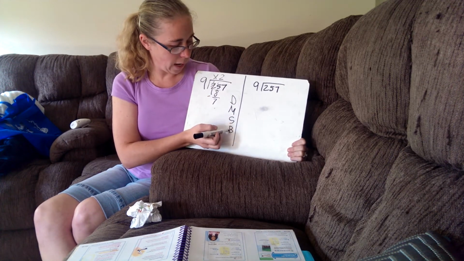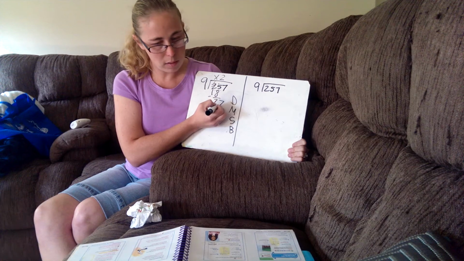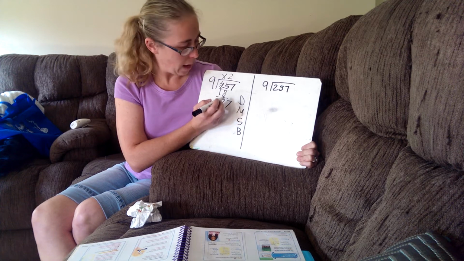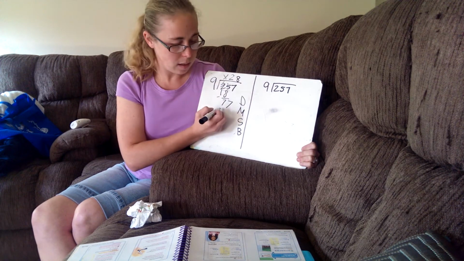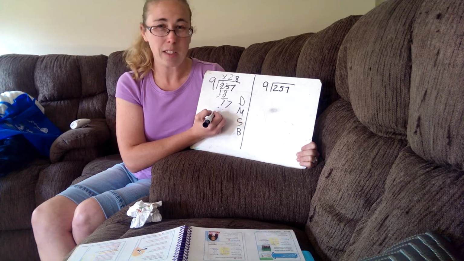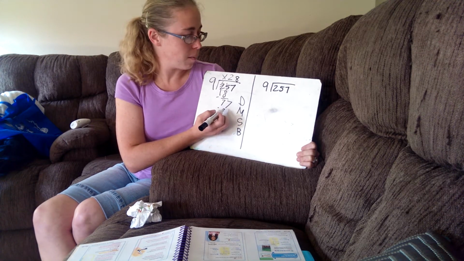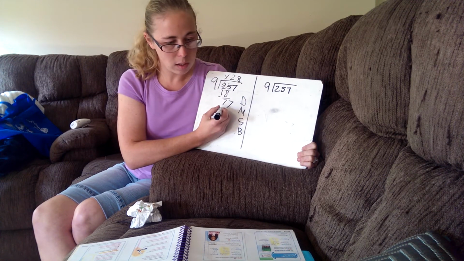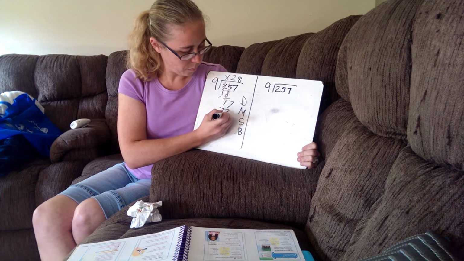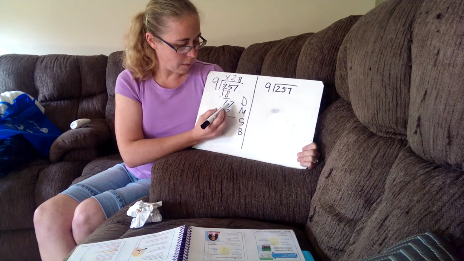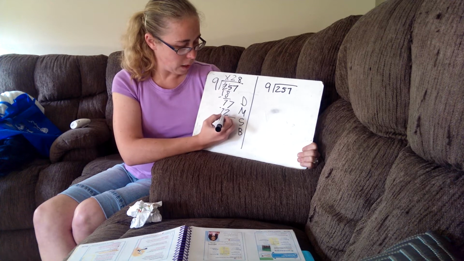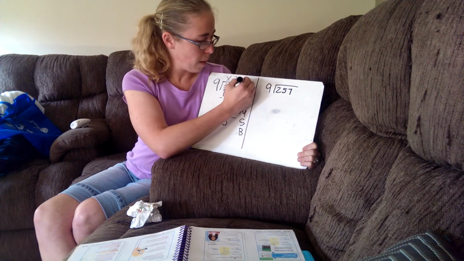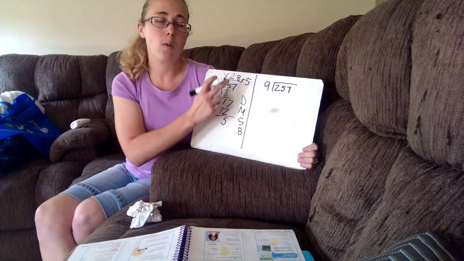Now, after we get done subtracting, we have to bring this guy down. So if I'm bringing this guy down, then I know that 9 times 8 is going to get me as close as I can get to 77 without going over. So now 8 times 9 equals 72, and we'll subtract. 77 minus 72 leaves me with 5. So now I say that there's a remainder of 5, but before I can say I'm done with